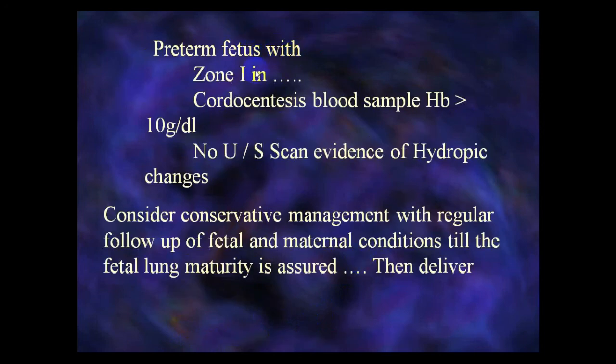Preterm fetus with zone 1 on the Liley chart: chordocentesis and blood sampling for Hb. If Hb is above 10 gram per deciliter and no ultrasound evidence of hydrops changes, consider conservative management with regular follow-up of fetal and maternal condition till fetal lung maturity is assured, and then